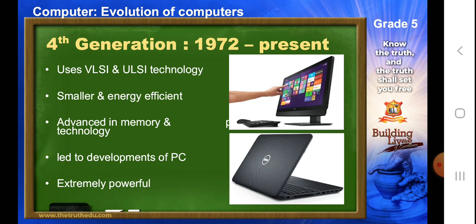I can do so many things on my computer. So that is where the computer started reaching home. So earlier it was limited to factories, then it reached small businesses and offices, then it reached home. It became PC, personal computers. And these systems are extremely powerful. Now, if you remember, I spoke about that the development of internet was also credited to the fourth generation of computers. Now, you can see so many examples which is mentioned in the picture here.